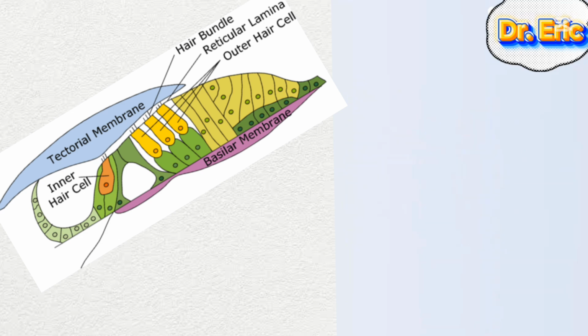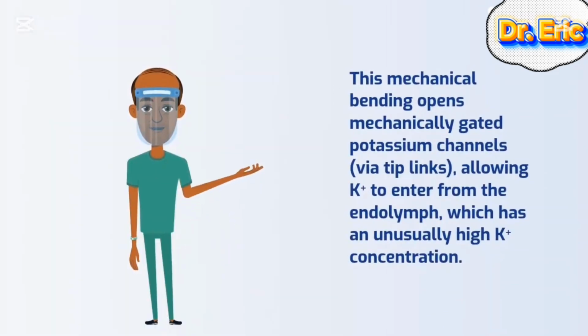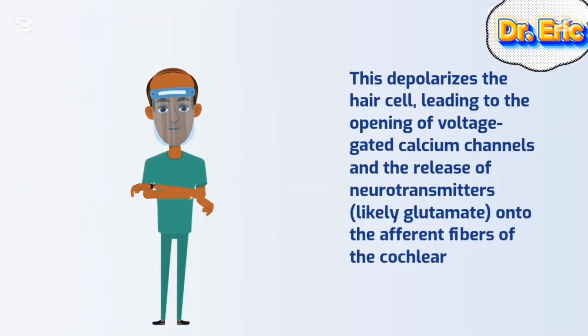stereocilia. This mechanical bending opens mechanically gated potassium channels via tip links, allowing K+ to enter from the endolymph, which has an unusually high K+ concentration. This depolarizes the hair cell, leading to the opening of voltage-gated calcium channels and the release of neurotransmitters, likely glutamate, onto the afferent fibers of the cochlear